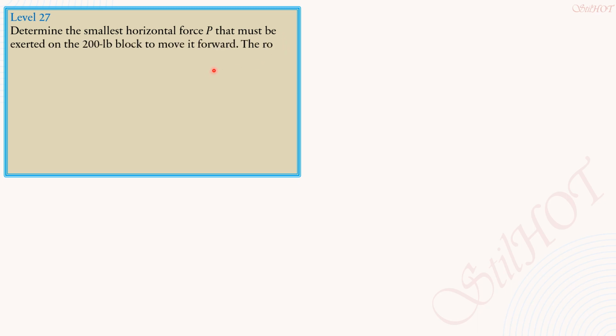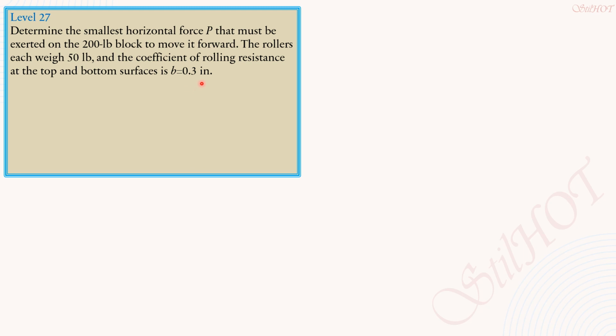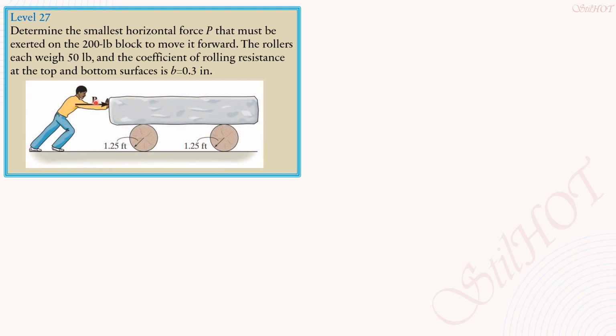Level 27, determine the smallest horizontal force P that must be exerted on the 200-pound block to move it forward. The rollers each weigh 50 pounds, and the coefficient of rolling resistance at the top and bottom surfaces is b equals 0.3 inch. So this is the figure, and for our solution, let's have the free body diagram of